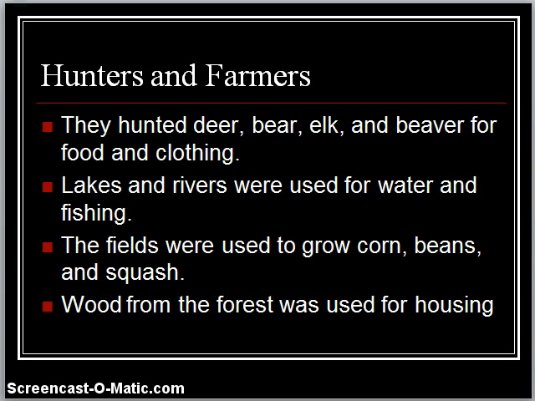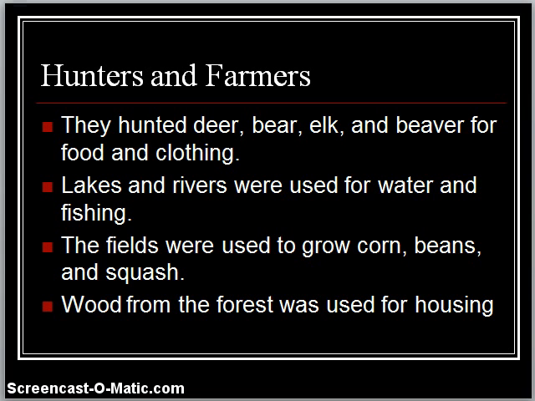So they could use the tools or the bones from the animals that they hunted and make fishing rods. They also used tree limbs, like you've seen many people do today, but they would take something sturdy so that they could help find the fish. Now, rods weren't typically as much used as they are today. Most of the time they would make spears or knives, and they would jab into the water to catch the fish. Sometimes they would just use their hands and try to reach down into the water and grab the fish with their bare hands, and they would later kill them to cook them. The fields were used to grow corn, beans, and squash.